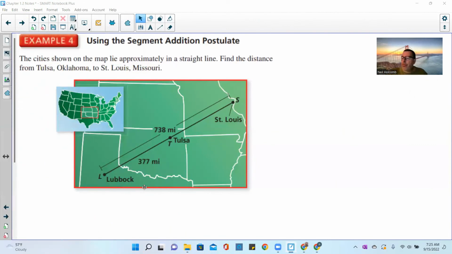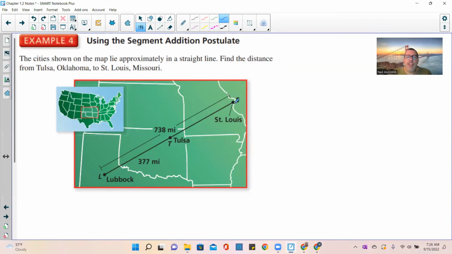Okay, example 4 is a real world situation of the relationship between this and the segment addition postulate. So let's see, I guess I'll use blue. Blue's not used in any of this. So this is a map of the United States, and this little red square is showing where this is zoomed into. We're right in the middle of the country, and Lubbock, Texas, Tulsa, Oklahoma, and